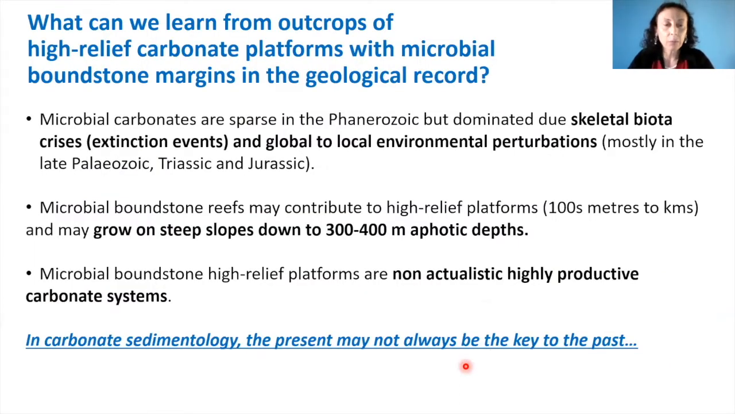Now, what can we learn from these outcrop studies? Are all examples of high relief platform, as I said, with a significant percentage of carbonate rocks produced by microbially mediated precipitation, and this microbial boundstone occur mostly at the margin of this platform. We can learn looking at these carbonate platform outcrops that microbial carbonates are rare to sparse in the Phanerozoic, but